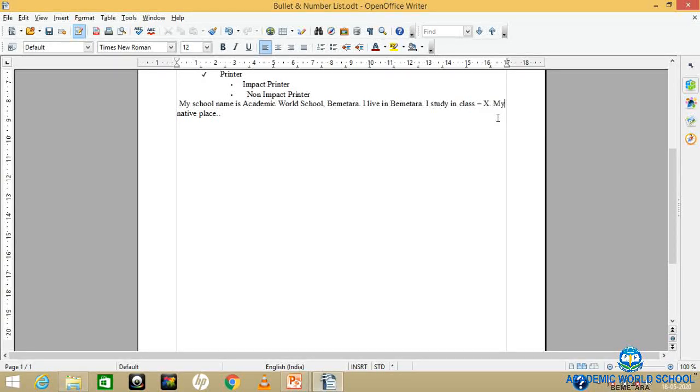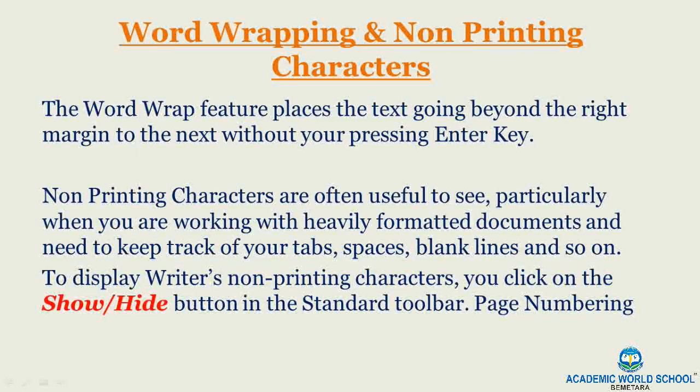Now, I'm moving to the next one, that is non-printing characters. As the name suggests, non-printing means whenever you print any document, the things you use many times, like space, the enter button, the tab key, are used in your document, but when you take a printout, these keys don't appear.